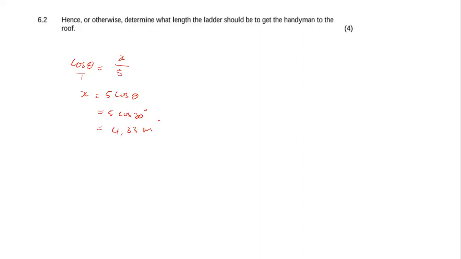So you can just keep the answer on your calculator, because this is not your final answer. This answer, 4,33 blah blah blah, you can just keep it on your calculator because this is not your final answer, and round off the final answer. It's still fine. So now to calculate the length of the ladder